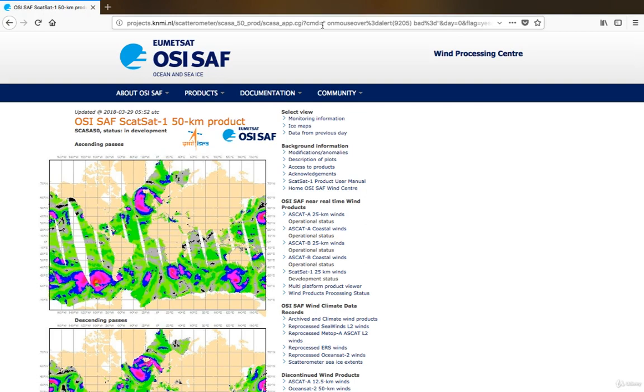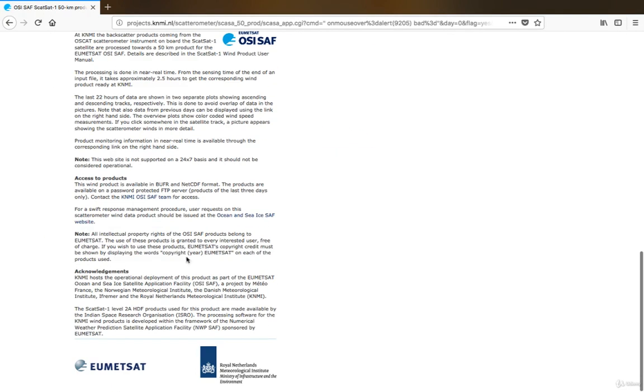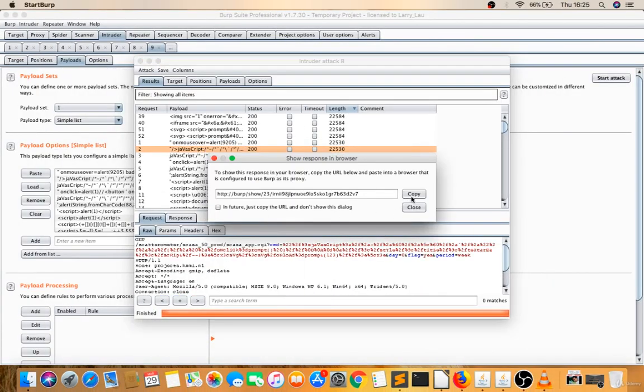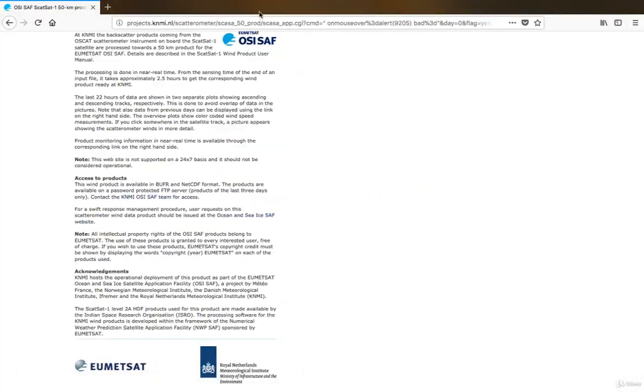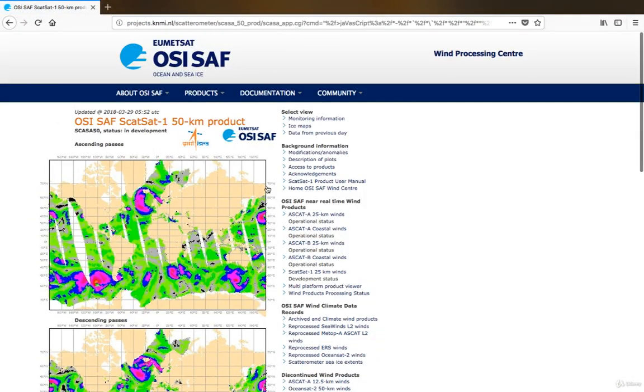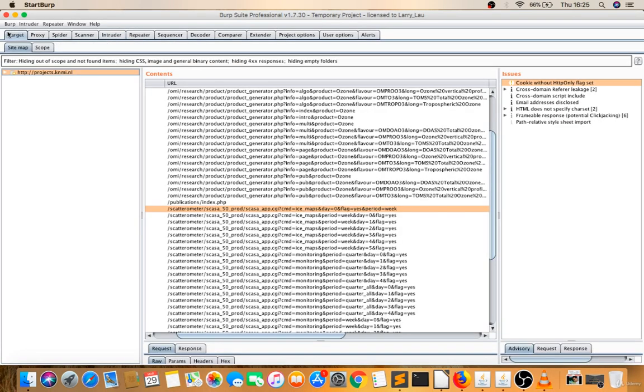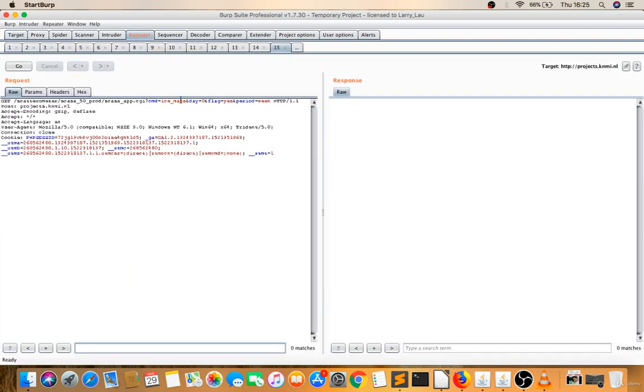Now this payload is on mouse over, so you have to move your mouse. It may execute, we don't know. So it's not executed. Let's try right click, show response in browser. So it's not executing, which means the CMD parameter is maybe not vulnerable. Let's go to target. Sorry, let's pick this one. Right click, send this to Repeater. CMD is not vulnerable. Let's try on this.